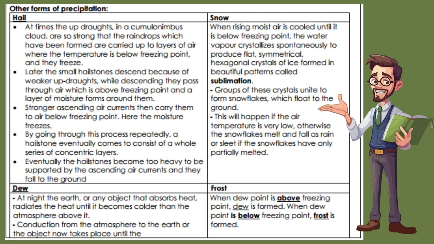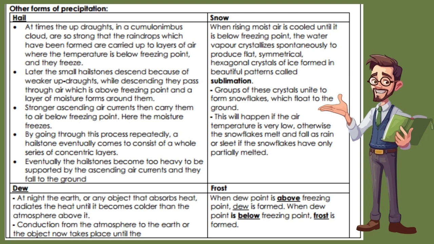While descending they pass through air which is above freezing point and a layer of moisture forms around them. Stronger ascending air currents then carry them to air below freezing point. Here the moisture freezes. By going through this process repeatedly, a hailstone eventually comes to consist of a whole series of concentric layers. Eventually the hailstones become too heavy to be supported by the ascending air currents and they fall